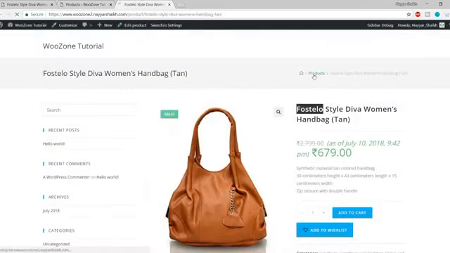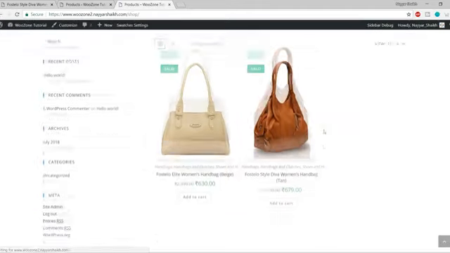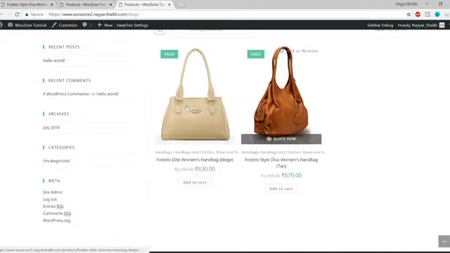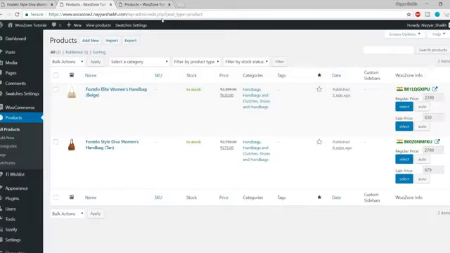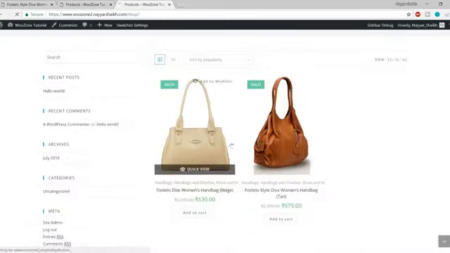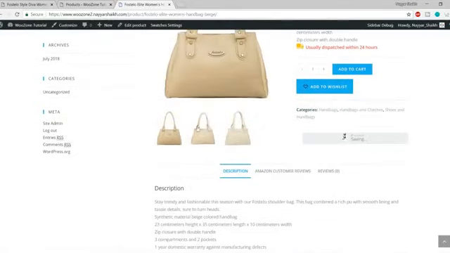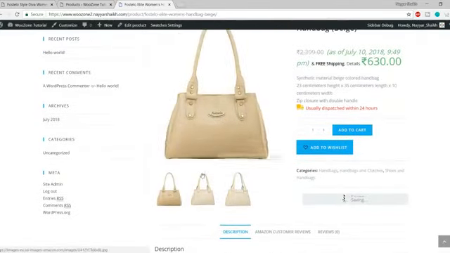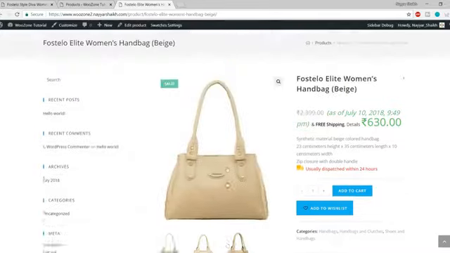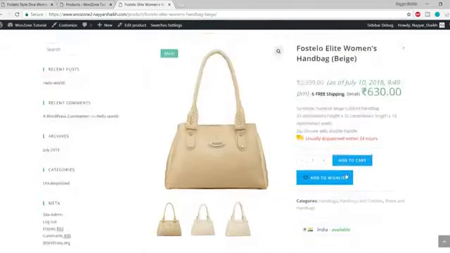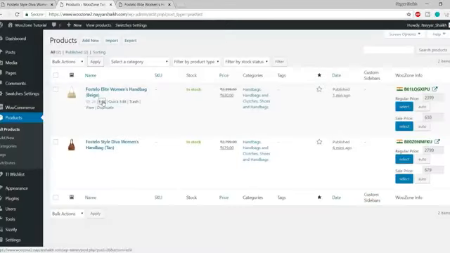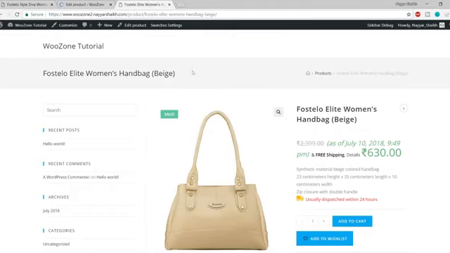Okay, now if you want, you can go to your shop page. You will see 2 products. Okay, now as you can see, we have 2 different products over here, which is awesome. Now let's do one thing. Similarly, obviously you can import an unlimited number of products, and if you want to make some changes, for example, let's open this product. Now if you see, we have only 3 images because I selected only 3 images, if you remember. Okay, now if you want to make some changes to the images over here, you can very easily do so. You can click on this edit button,